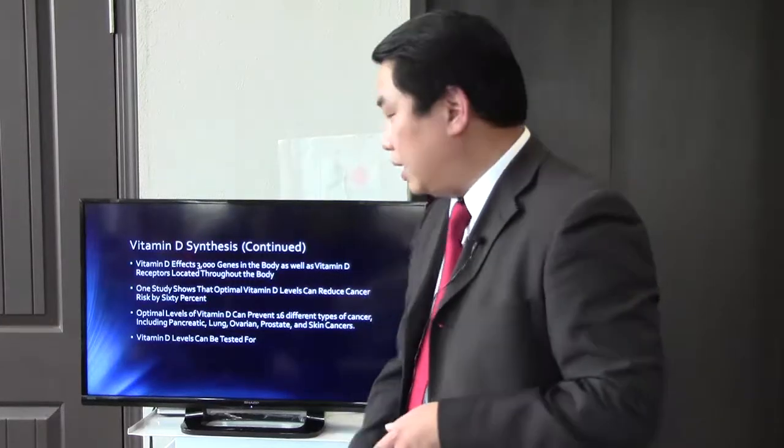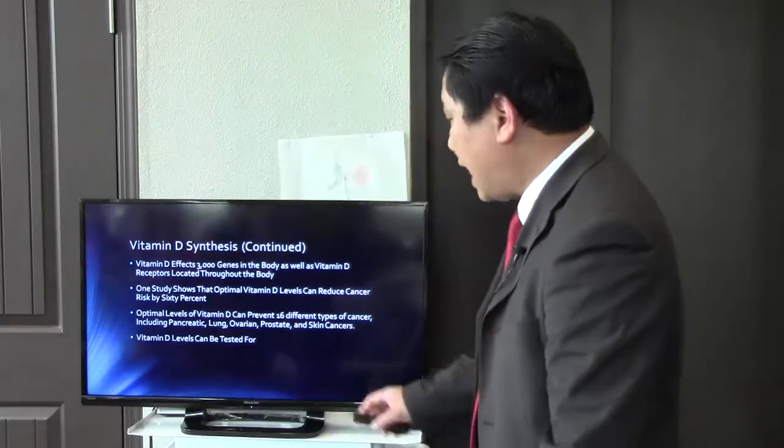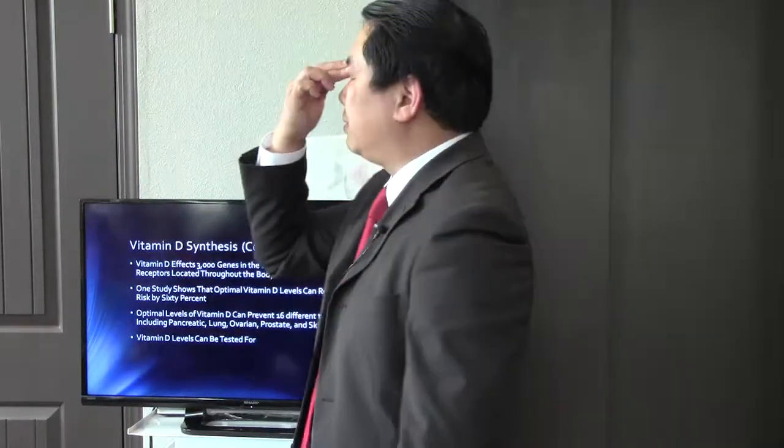And what's the best way of getting it? The best way of getting vitamin D is from the sun. So how do I do it? First, I don't stare at the sun. You can go blind from the sunlight. So what do I do? I close my eyes, shut my mouth, and let the sunlight hit this area right here.